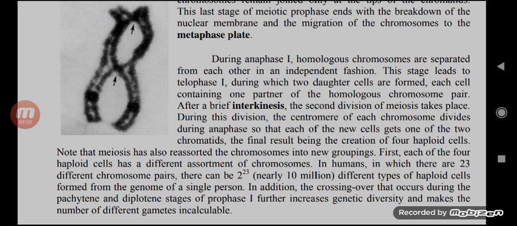First, each of the four haploid cells has a different assortment of chromosomes. In humans, in which there are 23 different chromosomes, there can be 2^23, nearly 10 million, different types of haploid cells formed from the genome of a single person. In addition, the crossing over that occurs during the pachytene and diplotene stages of prophase I further increases genetic diversity and makes the number of different gametes